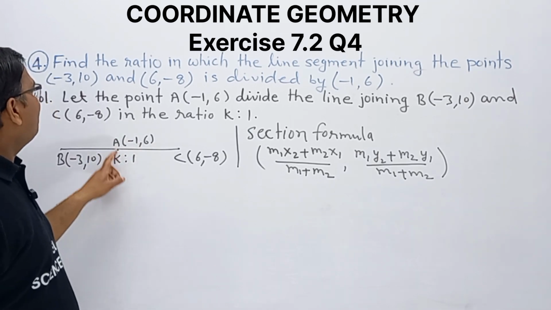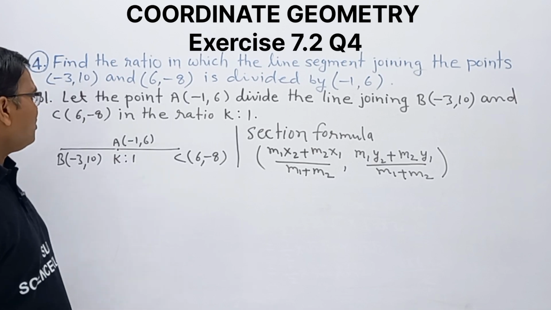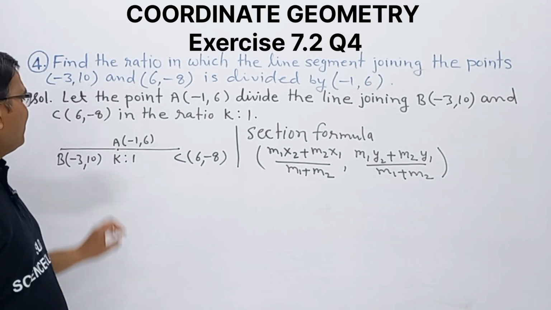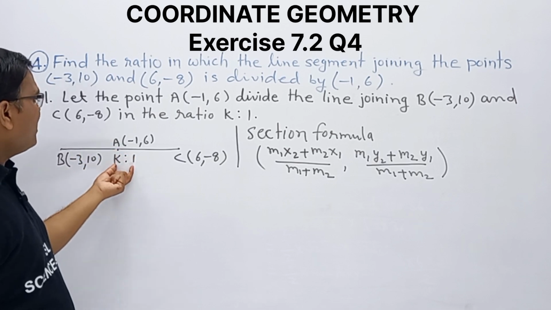So we assumed that ratio is k:1. Clear? So we have the k:1 ratio,